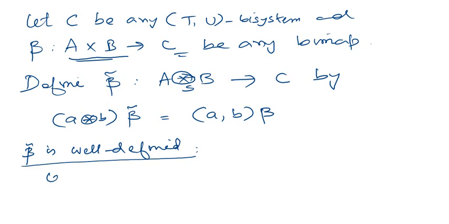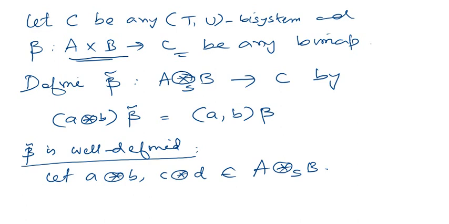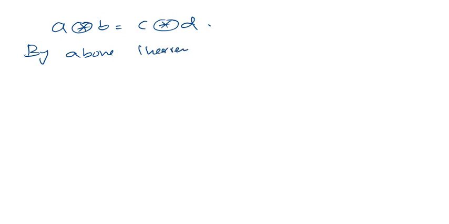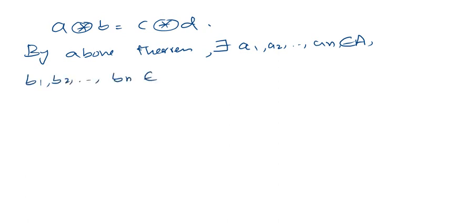So let's take two elements A tensor B, C tensor D belonging to A tensor B over S such that they are equal, such that A tensor B is equal to C tensor D. So by the above theorem there exist A1, A2 up to An in A and B1, B2 up to Bn in A,